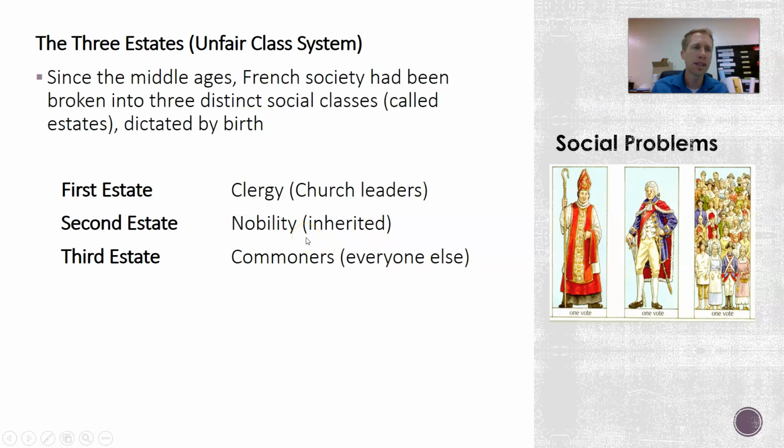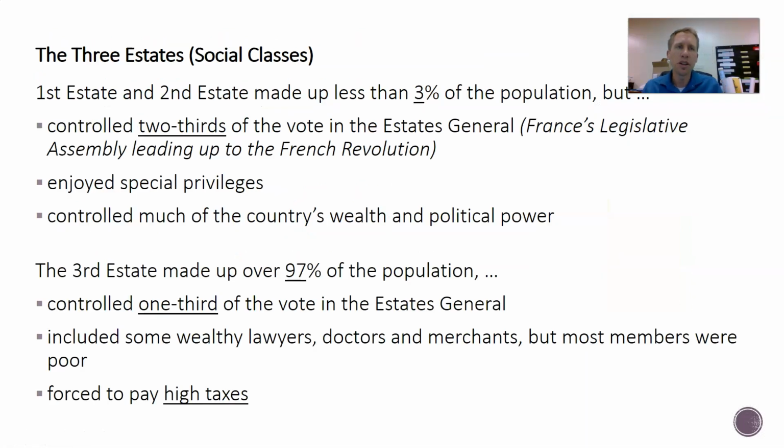And each one of these social classes under the States General would get one vote. So usually the first and second estate would vote together, and then the third estate would be left over, and they would not really get anything that they wanted. So it's going to be the third estate that really pushes for the French Revolution.